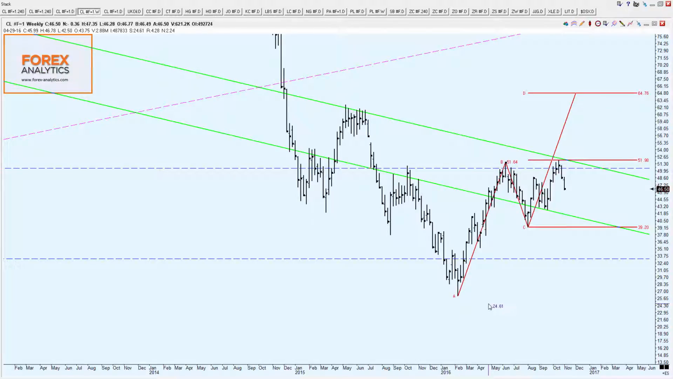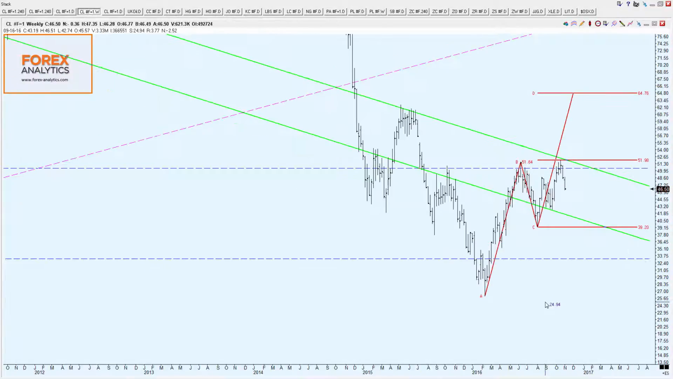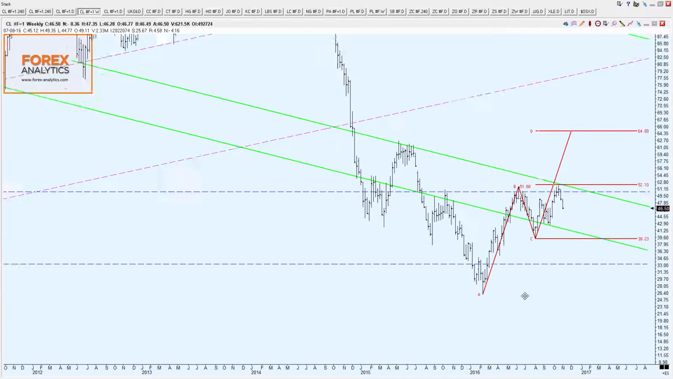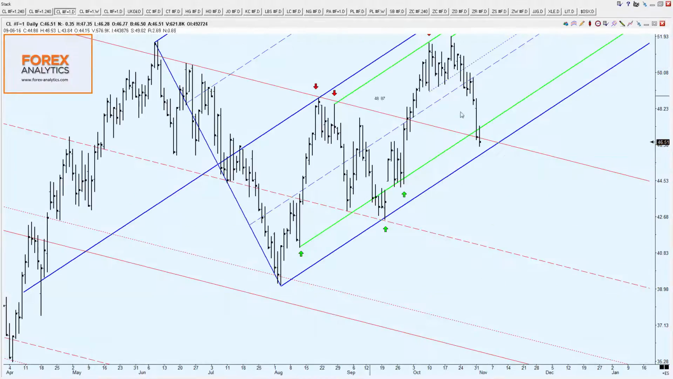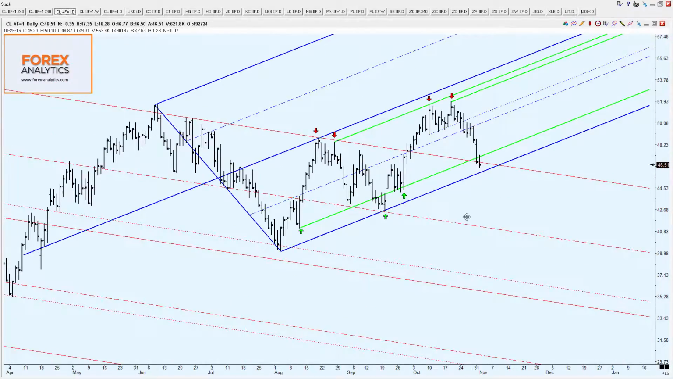Are people familiar with that? Okay, A, B is equal in length to C, D. And what I noticed was the 50% between the two was there, 52.11. That's where we got a reaction. That's where we turned down from. So let's just say that off the weekly chart, we were prepared to see a potential top in oil. If we take it down and go and look at what we were looking at in terms of the daily chart,